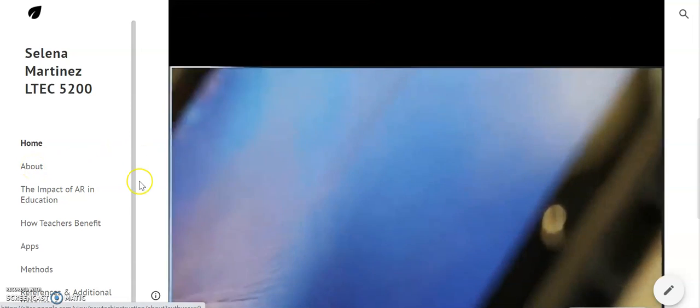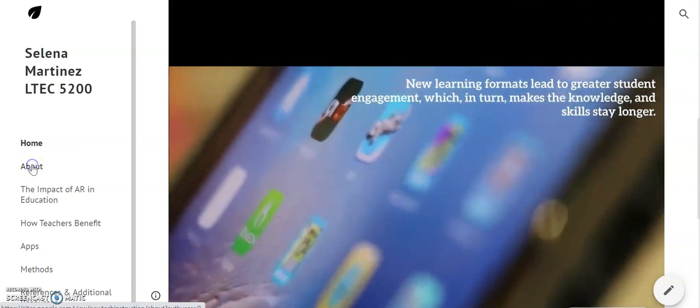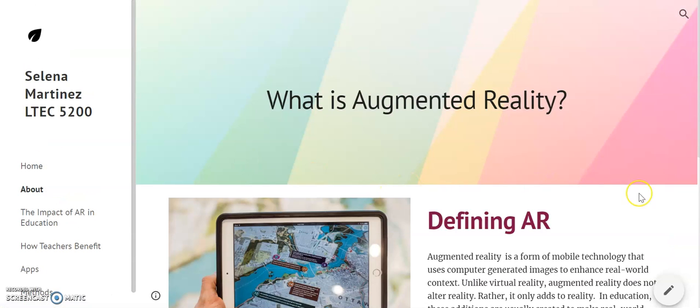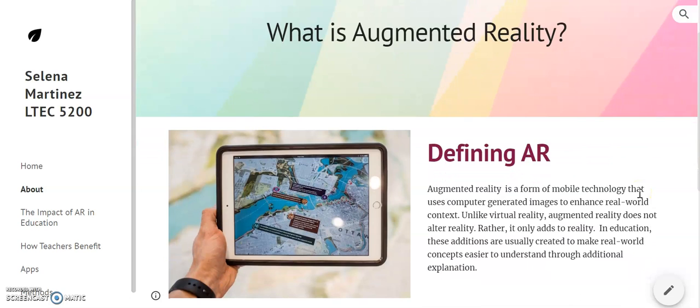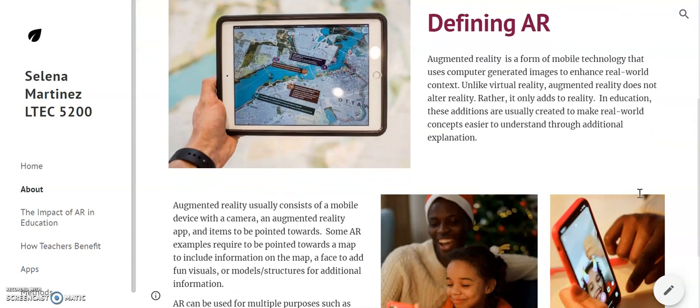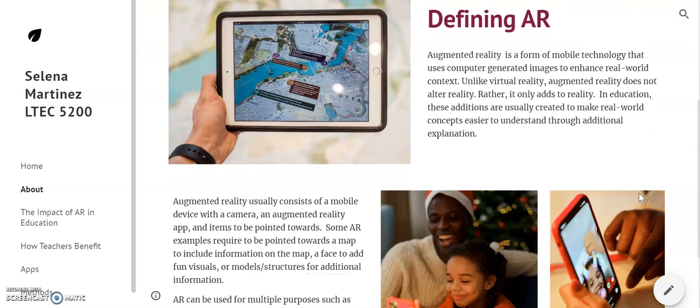After watching this video, the user will move on to the About page, where I go further in depth about what augmented reality is. On this page, I start to discuss how augmented reality is very easy to use and how it can be used by people of all ages. So here you'll see an adult using an augmented reality map.